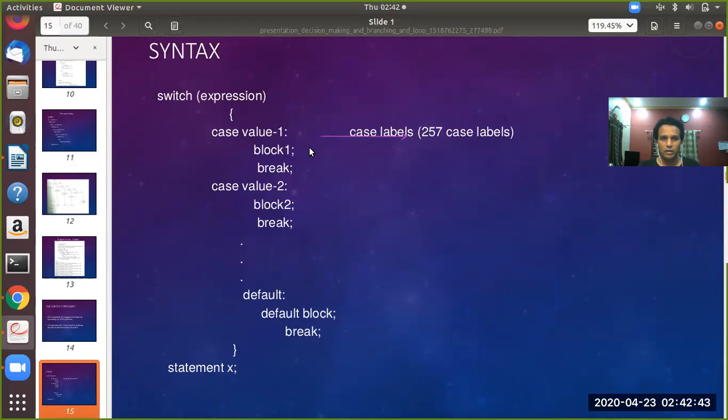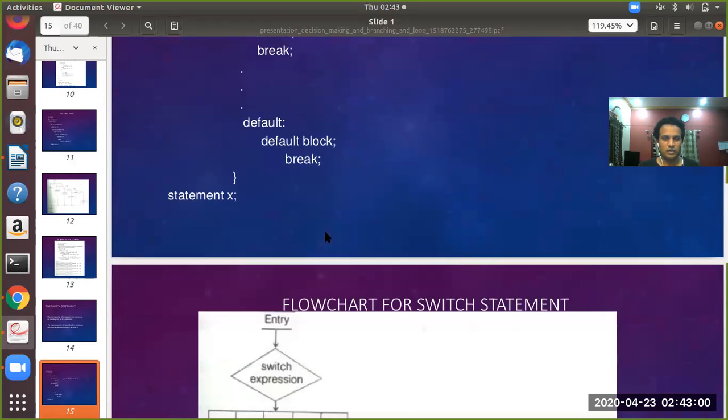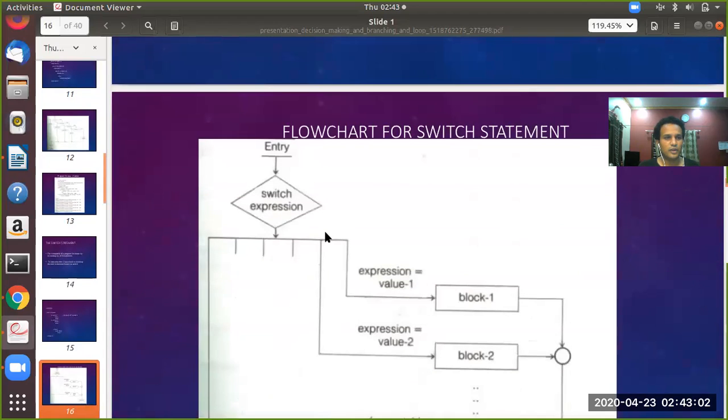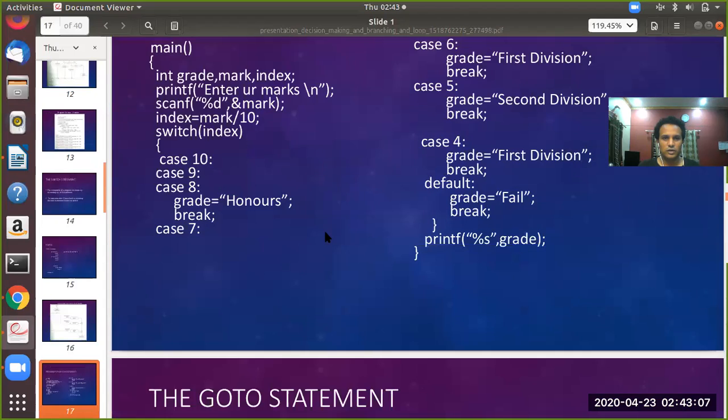After that block you can have break if you want only one case to be executed. If you do not want only one block executed, and instead want case 2 also to be executed, then this break must be removed. You can follow the explanation shown through the program. So that is all about switch case.